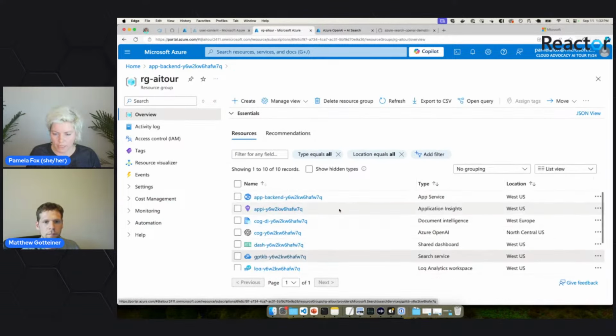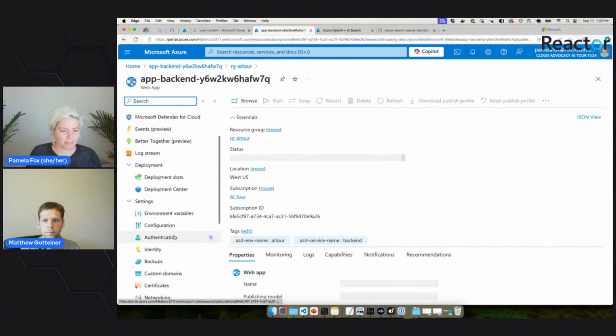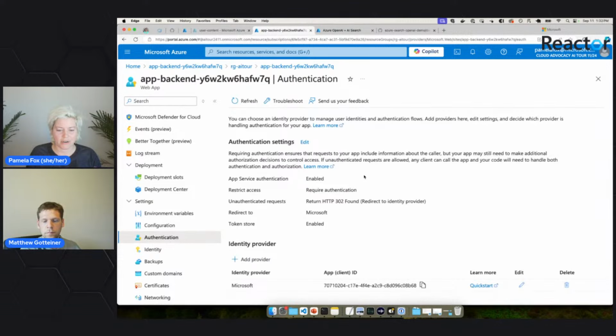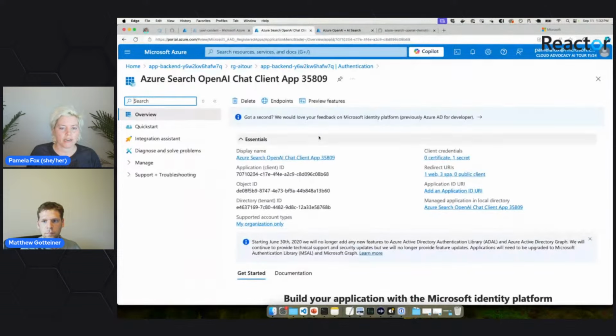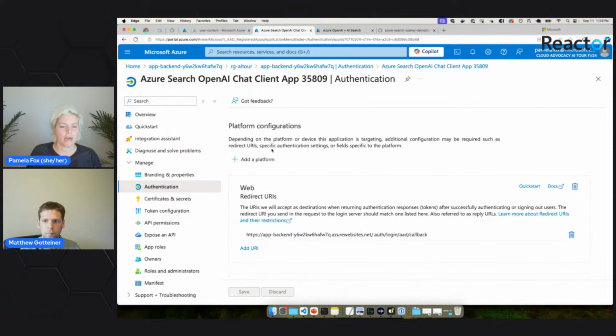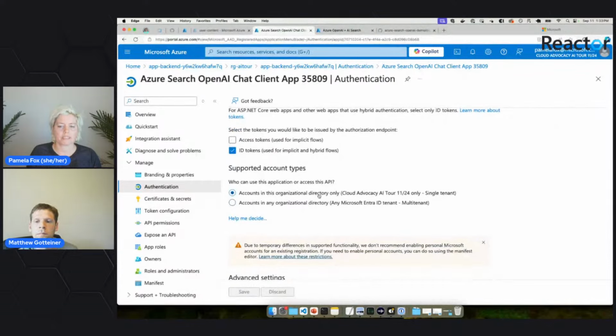So if we look at, let's see, where I can bring up the configuration of the authentication here. Okay, yeah, this one. So if we look at the Entra registration, it is set up for supported account types as my organization only. So the way we have this set up, this is only going to allow login from people in this tenant. So this is using Entra ID.